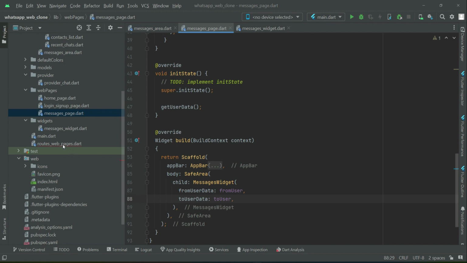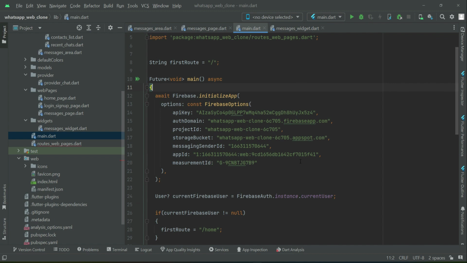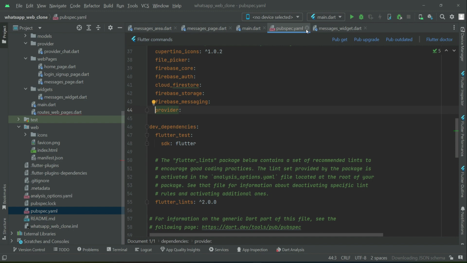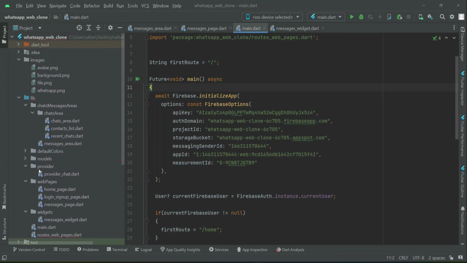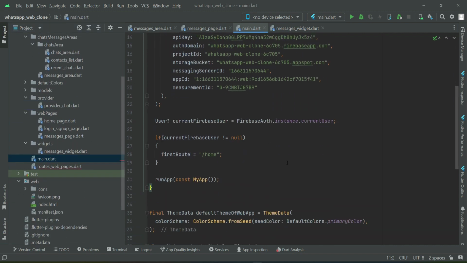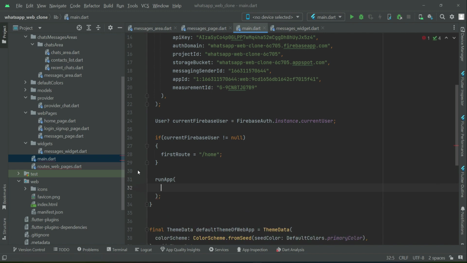Before doing that we have to go to our main.dart. If you remember, we are using the provider state management. We have also created our chat provider. So when you implement a provider, for example, currently we have done it for the chats, that is the chat provider we have created, so we have to add it here in the change notifier provider, otherwise you will get an error. So for that purpose, first remove this, we can say